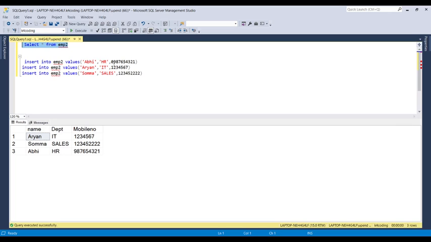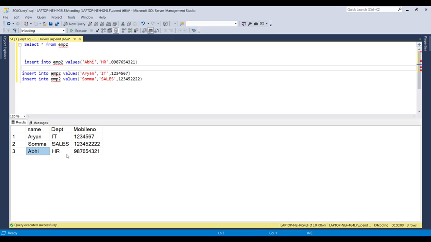So as we have these three unique records, now I'm going to insert another record, Abhi, with the same details, Abhi HR and the mobile number.